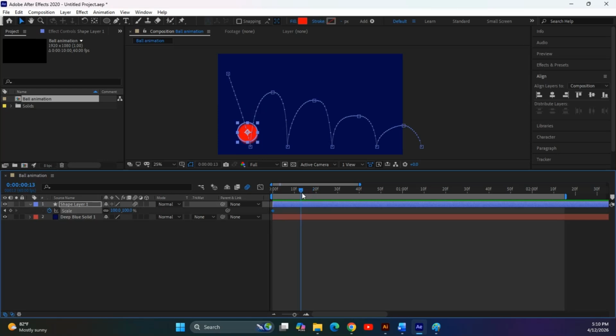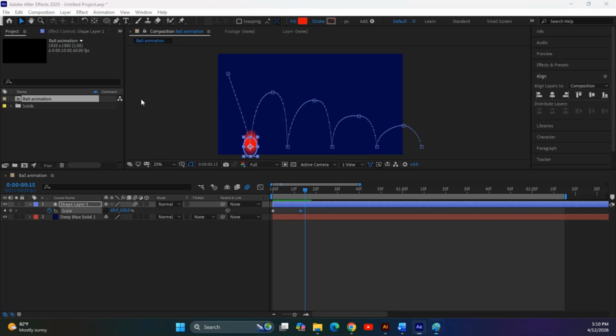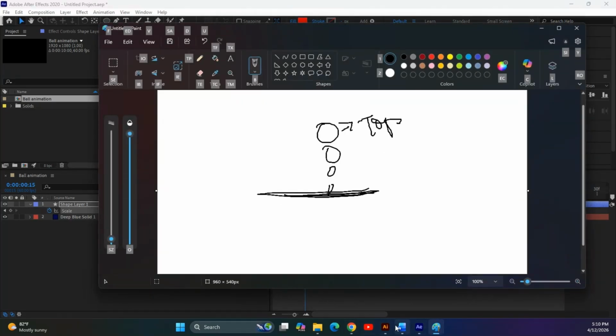Before getting impacted somewhere here, I will turn off this loop one and make it somewhere like this. So the ball will come like this, and once the impact happens